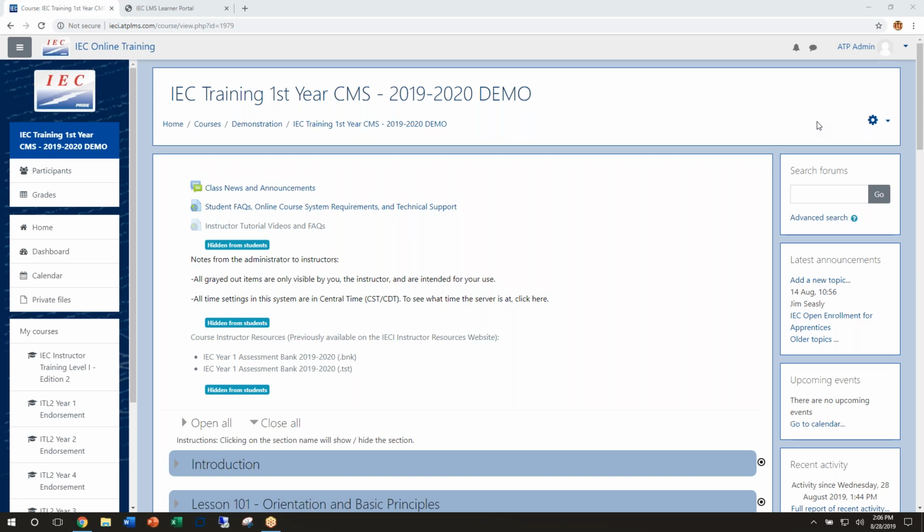What we're looking at right here on the screen is the first year CMS template. This is how everything looks when you first enter it. We're going to be looking at everything as if you were an instructor, but I'll jump into some of the other roles a little later so you can see that the students will see some different things. The first thing you'll notice is that up at the top, there is a bunch of supplemental information,